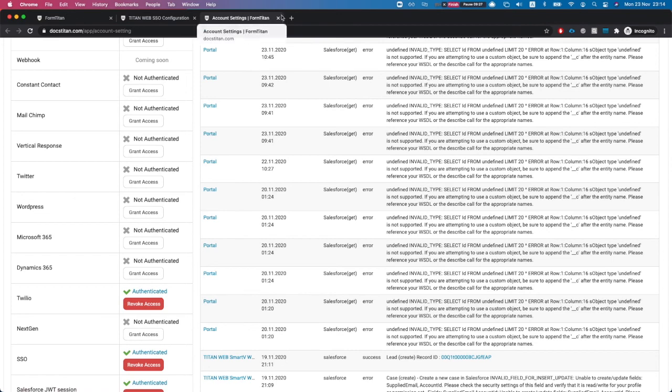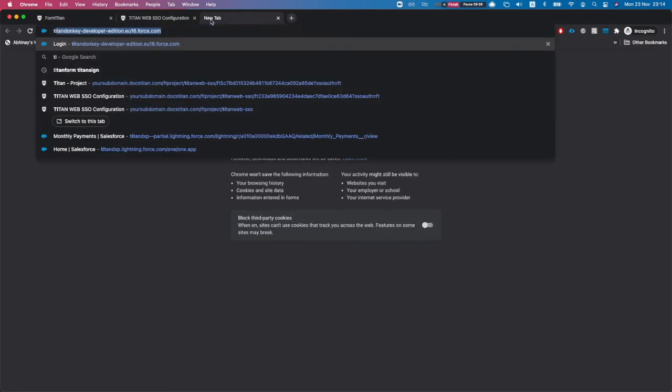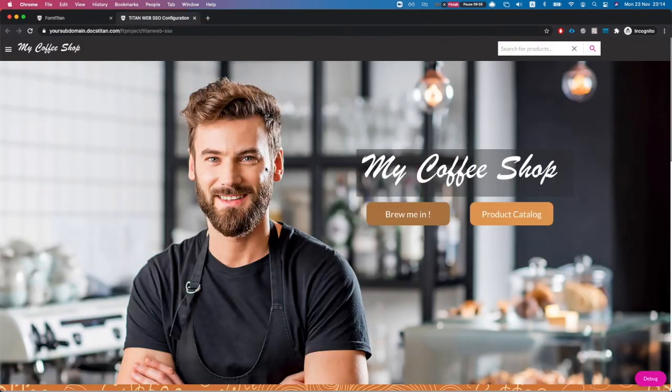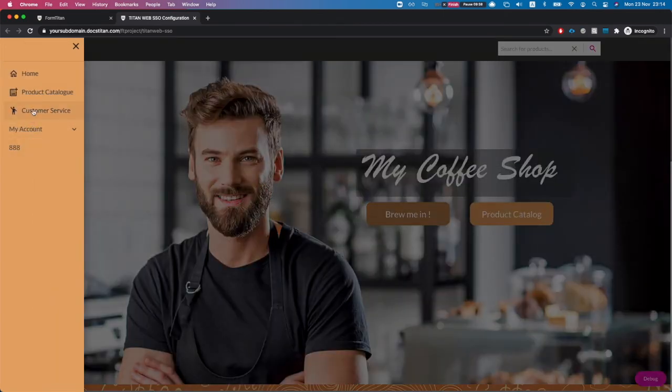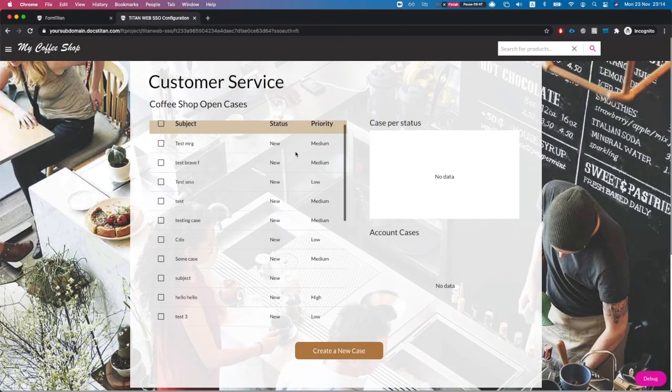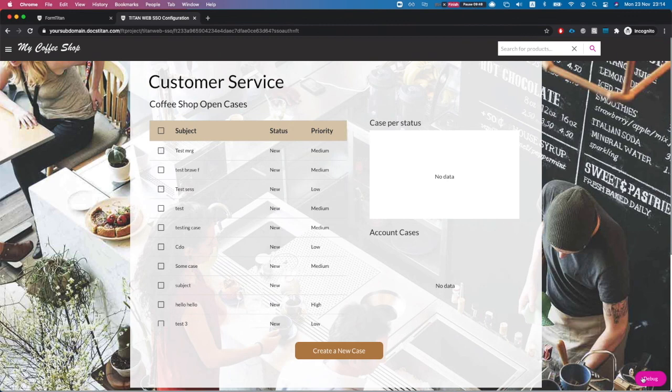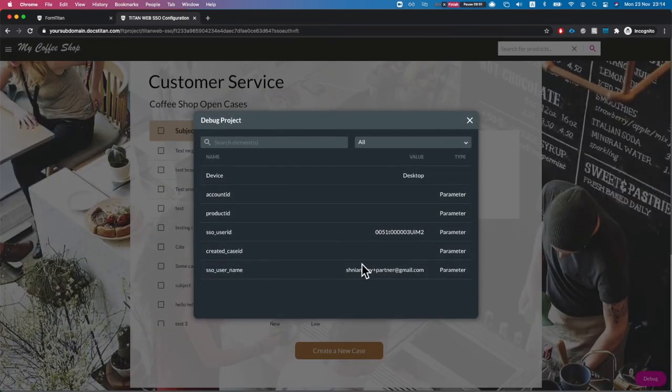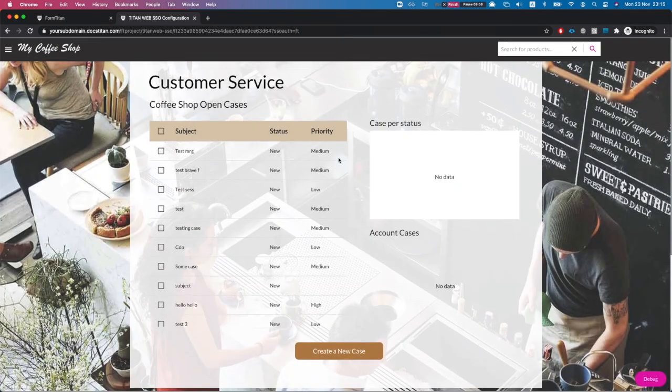Let me just log out from my community. Perfect. And if I go over here to customer service, it will require me to log into the community. Let's take a look at our parameters, and we can see that our SSO username is the partner username, the community username. And this is how it's